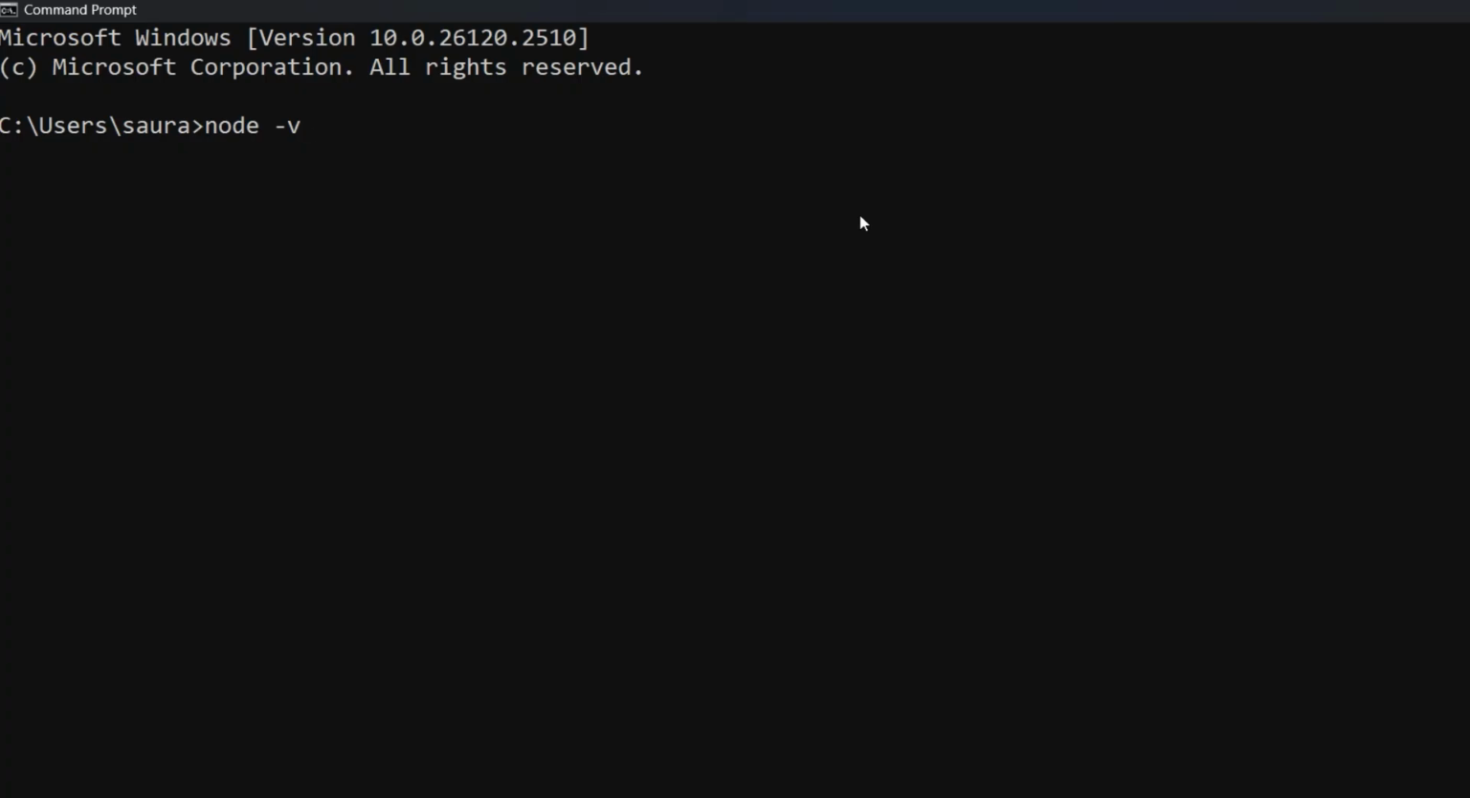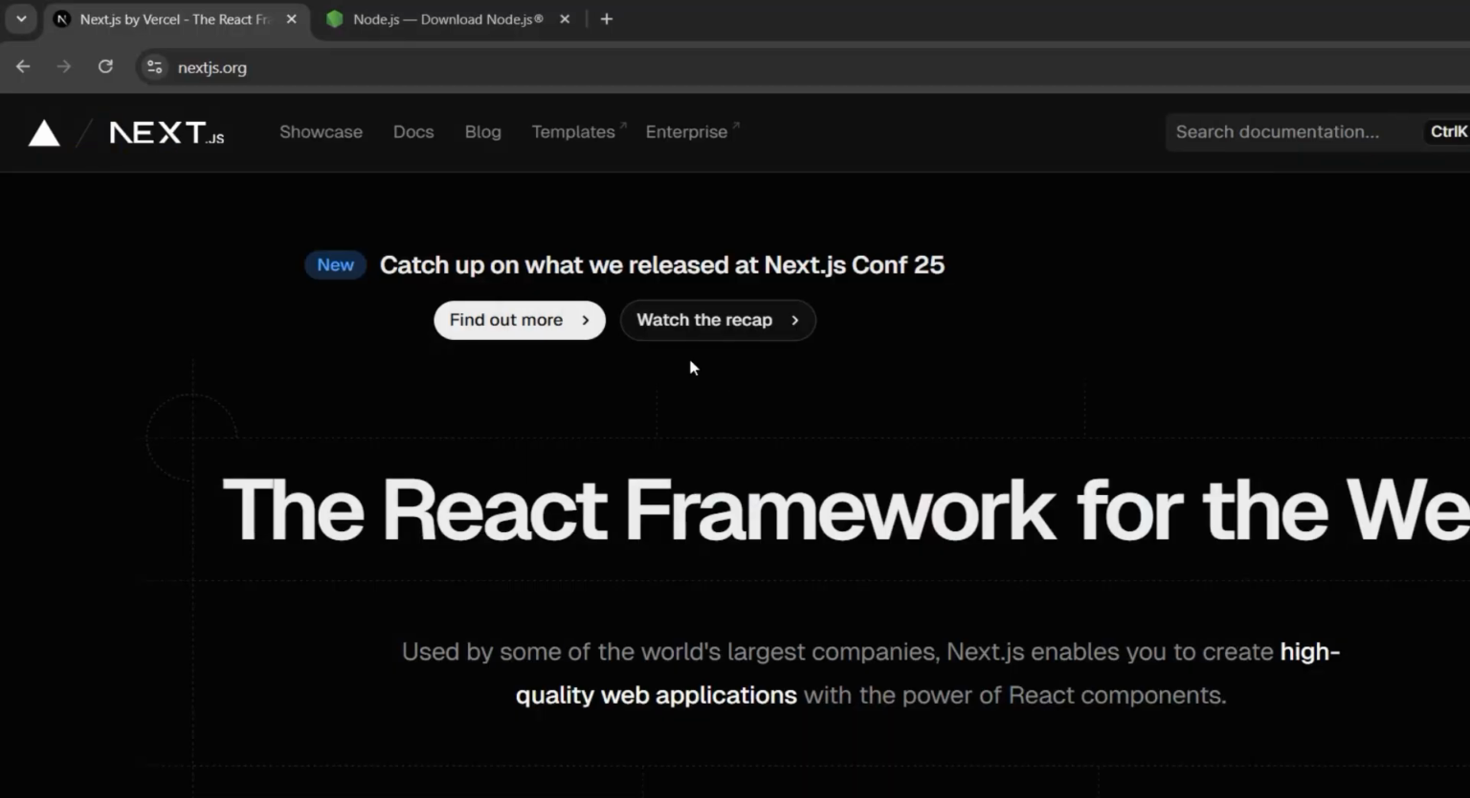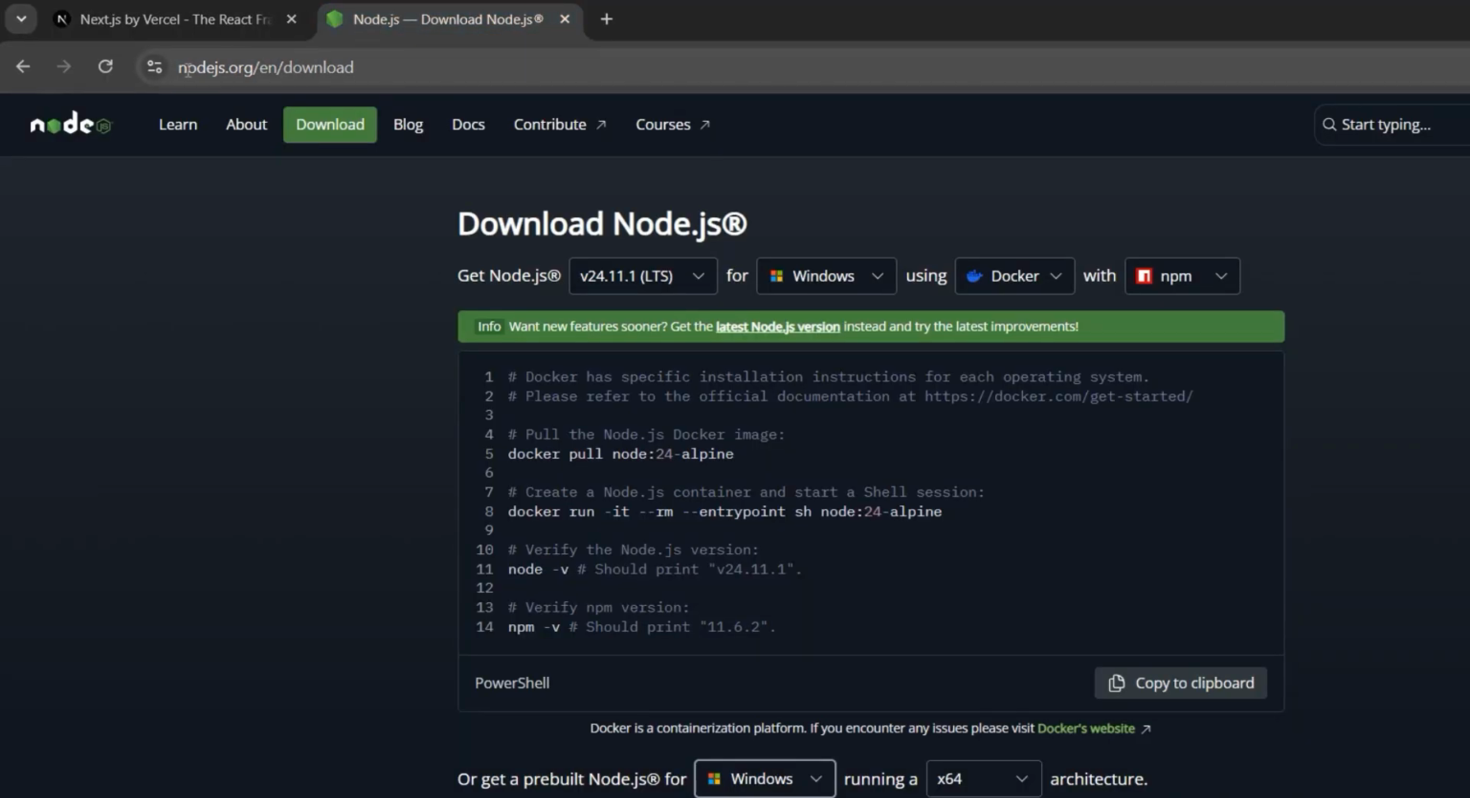If you are on other operating systems such as Linux or Apple, you can run the same command to check the Node.js version and then hit enter. As you can see, the Node.js version is 24.11.1. Make sure your Node.js version is higher than 20.9 for Next.js 16. If you've not installed Node.js, just go to the website, nodejs.org, and go